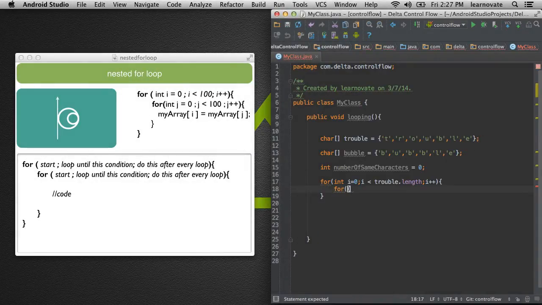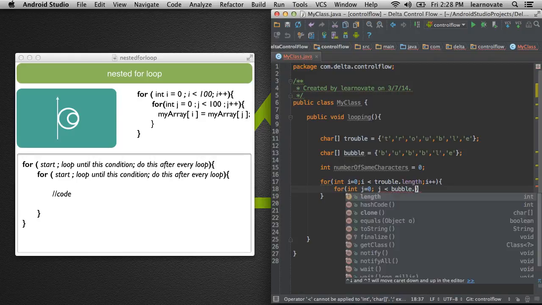Well, I'm now going to put a for loop inside of it. And notice that I'm not using I. I'm going to use the next letter, J. It's just a standard convention in programming to start with I as your iterator and then increment to I, J, K, depending on how many times you loop through things. Now I'm going to take J less than the length of the bubble array